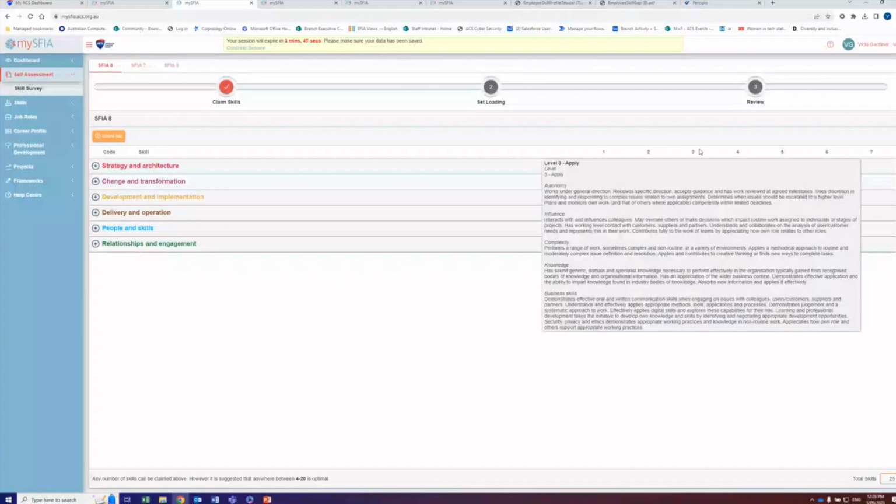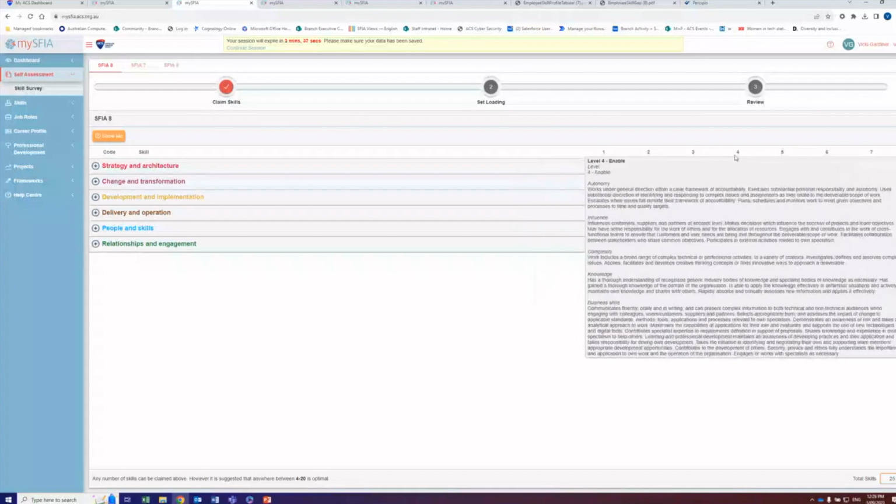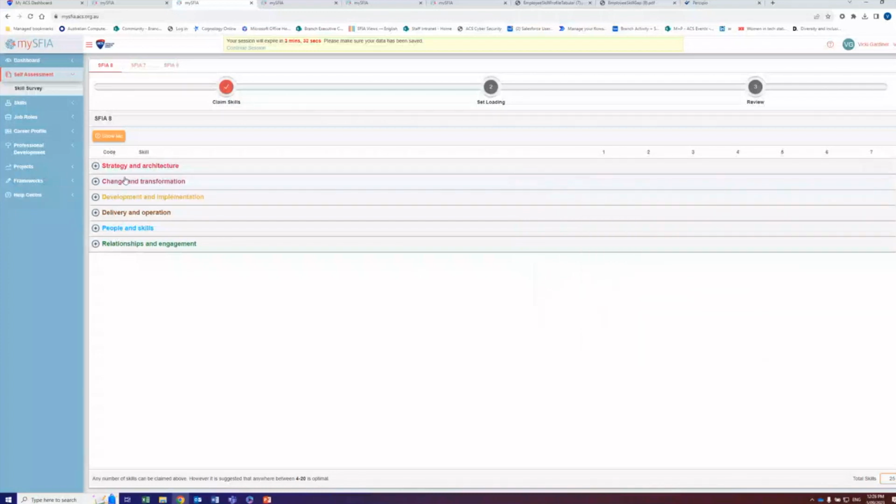First thing you can do is start to look at where you sit in an organization. The different levels will tell you a bit of a brief on what you would be doing in your level of activity, and that is very useful. And then the second thing to do is think about what you do day to day in terms of these categories. You can see that goes from strategy very much through to actual delivery and operational activities, but also recognises that everyone has some level of responsibilities in people and skills and relationship engagement. So it's actually quite good.